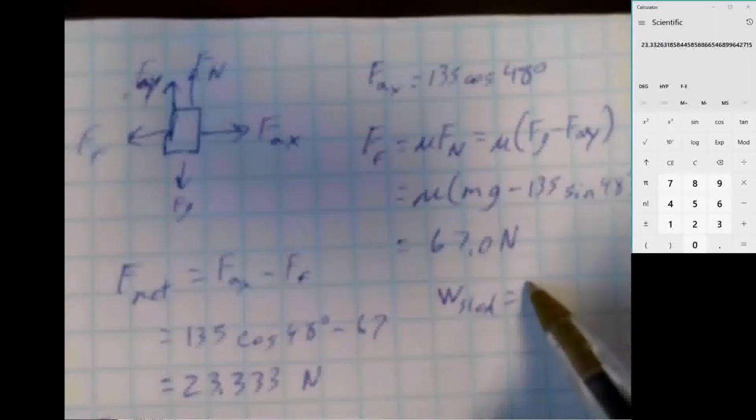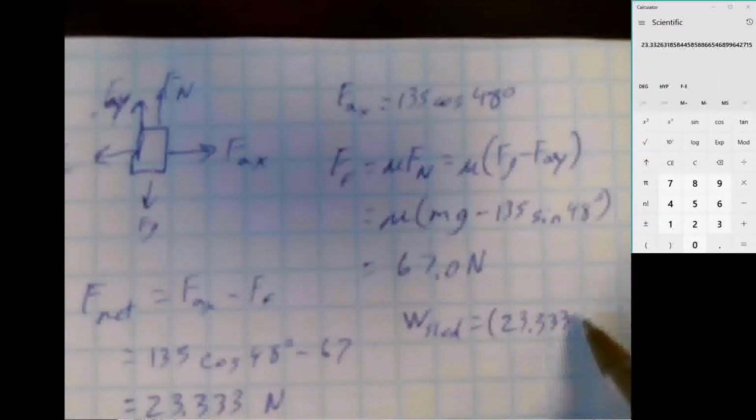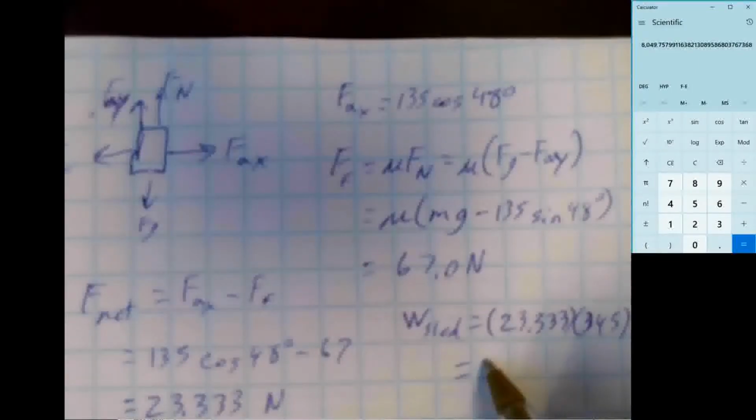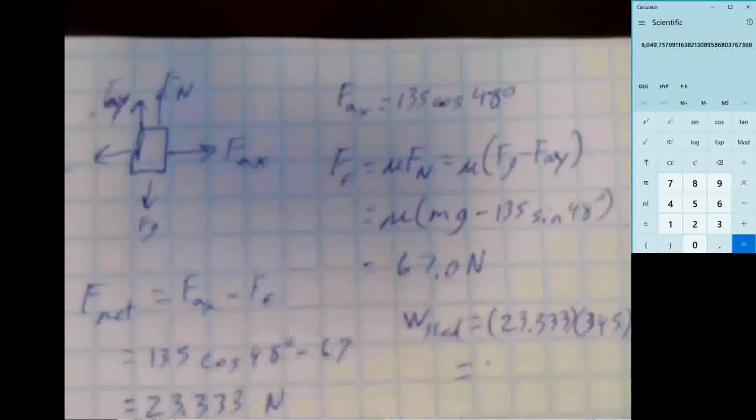So the work on the sled is the force of the sled, which is 23.333 times 345. So this value times 345 gets us to 8,000. Now I'm going to report this with